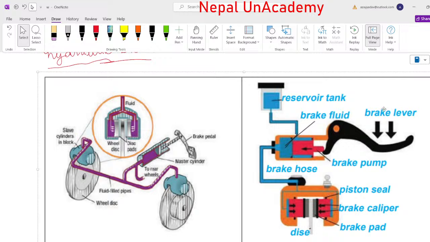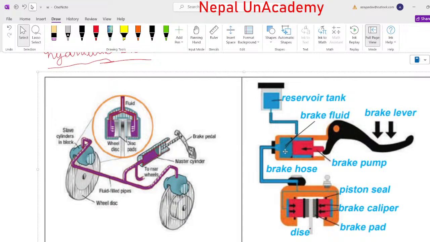When we pull the brake in this direction, the brake lever is applied on the brake. This piston will move in this direction, leftward direction. Are you getting it, guys? How will this piston move in the left direction? When this brake is applied, this piston will move in the leftward direction, and when this piston moves leftward,